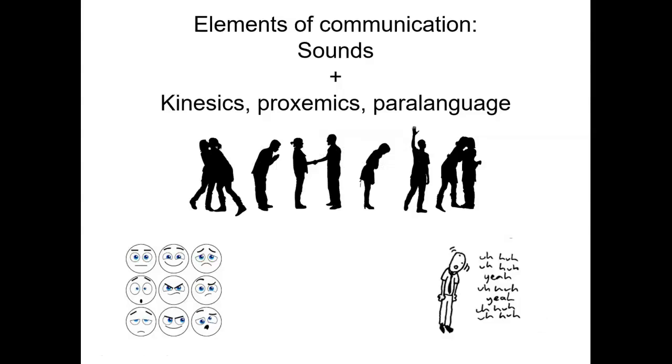As your reading also pointed out, when anthropologists think about language, we're thinking about a lot more than just the most obvious bits, right? Just the sounds that come out of someone's mouth or the words that those sounds are enunciating. There's a lot of other elements of communication that anthropologists also look at. These are referred to as kinesics, proxemics, and paralanguage, among other things, okay?